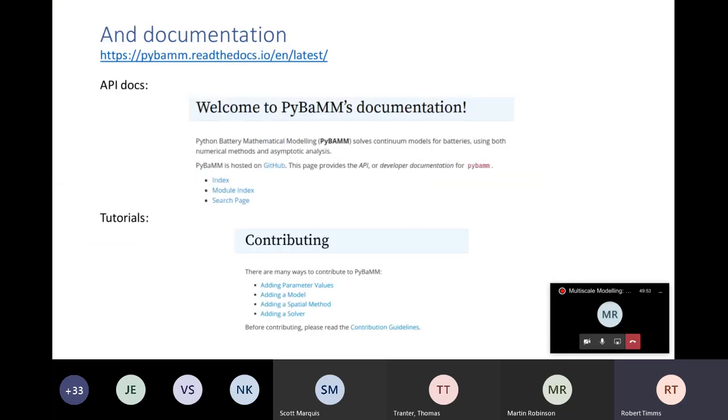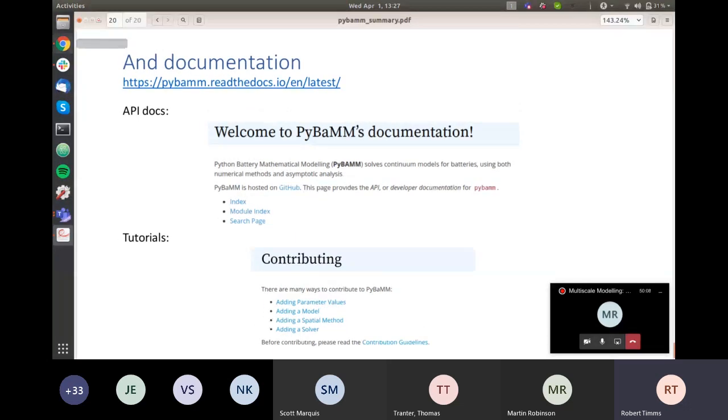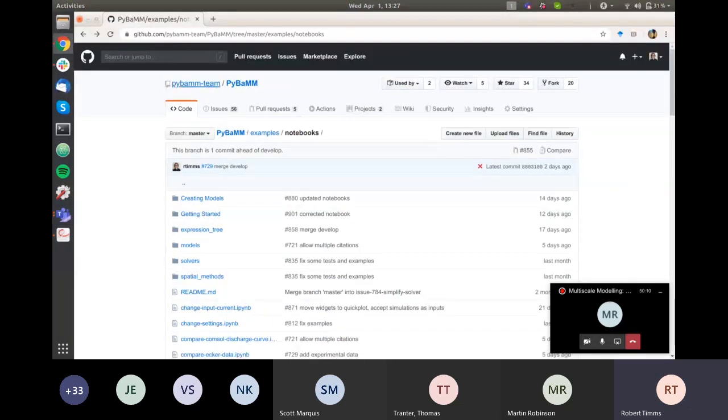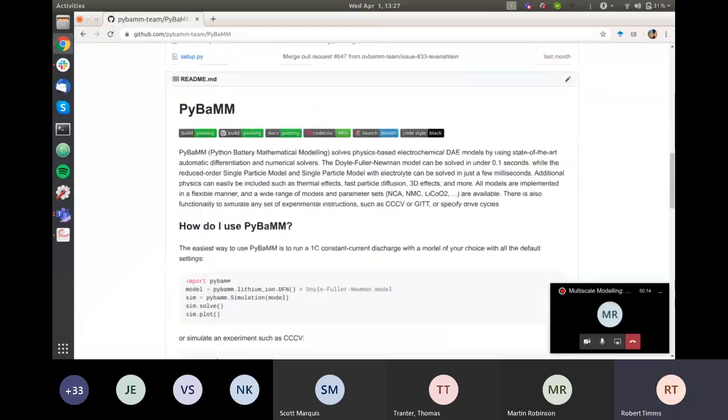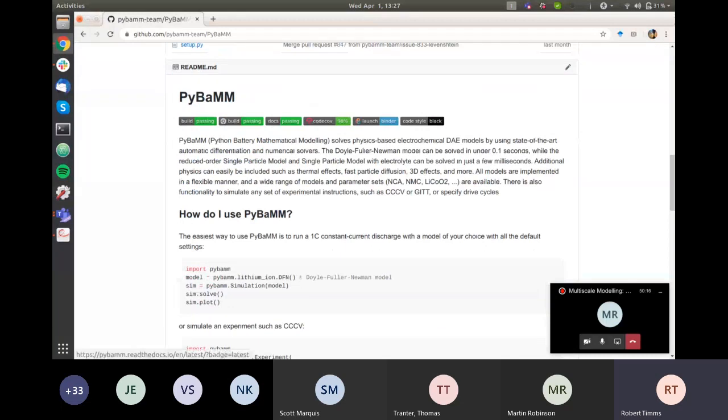Yeah, and then we've also got documentation for all of PyBaMM. So we've got API documentation for all of the various different functions that are within PyBaMM, and also a whole bunch of tutorials on there. But the notebooks are probably the place to look. But you can go to this Read the Docs page, but you can also access this through GitHub, which might be easier. So if you just go to our main repository and then scroll down past these files, you can just click on docs here,